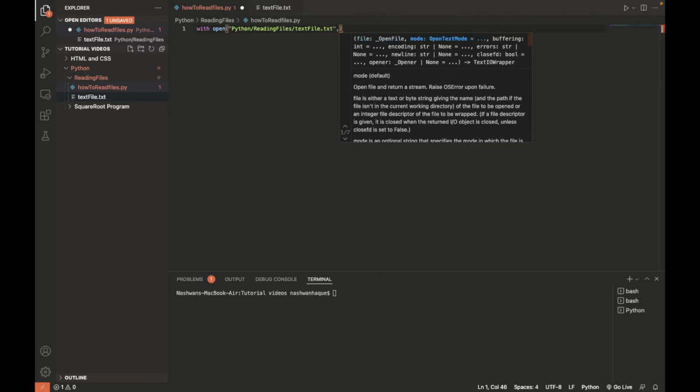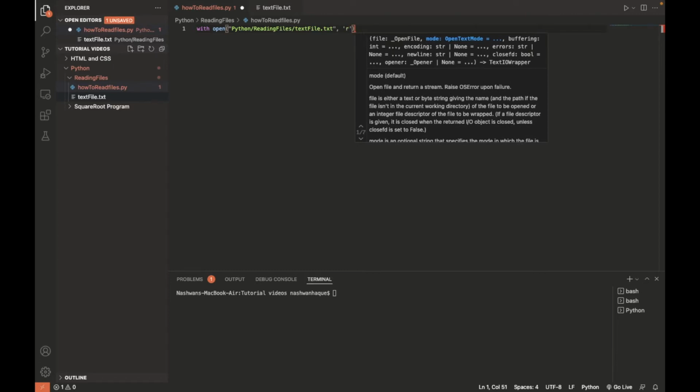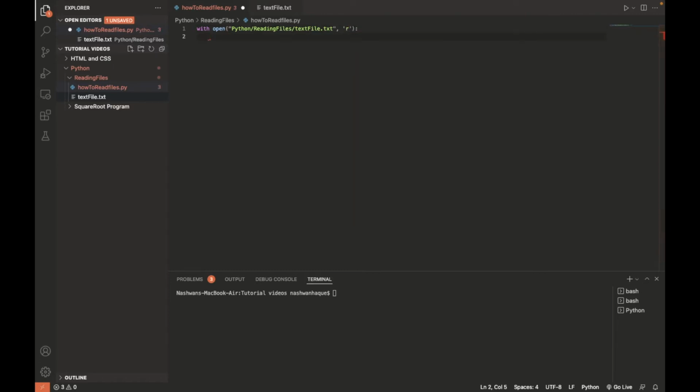Then outside the quotes I'm going to say comma r, and then a colon outside the brackets. I should have done this before, I'm also going to say as file. So you're opening text file.txt as file,